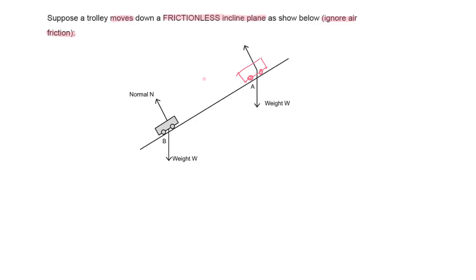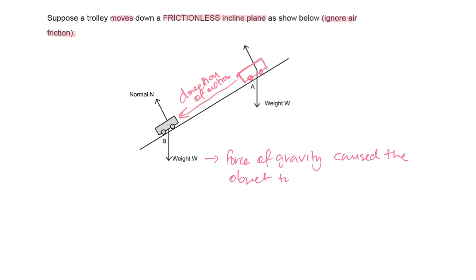So when I'm looking at my object, let's say my object initially was over here. So that's where my object was at the beginning, at point A. And then it went all the way down the slope, and that was its direction of motion. I know that the only way that it got there is due to the force of gravity. So the force of gravity caused the object to move